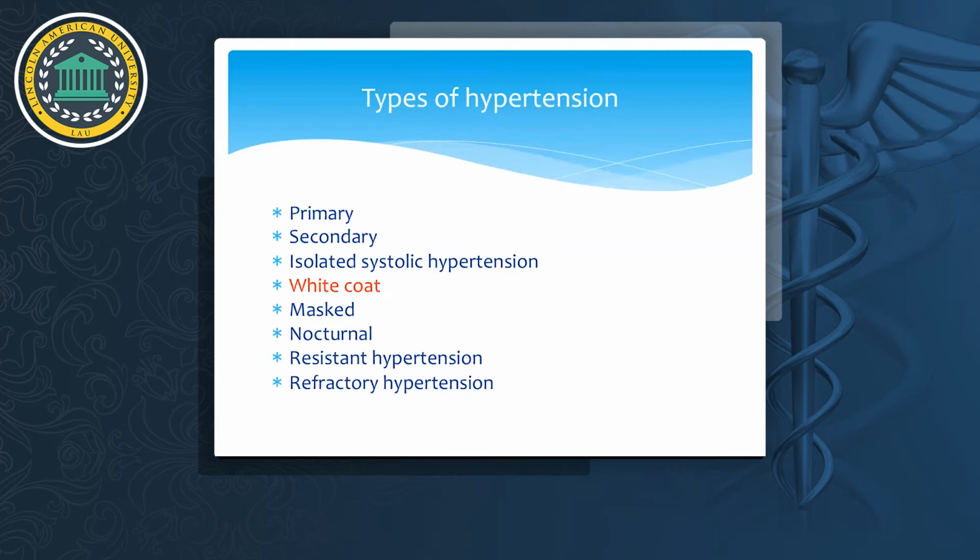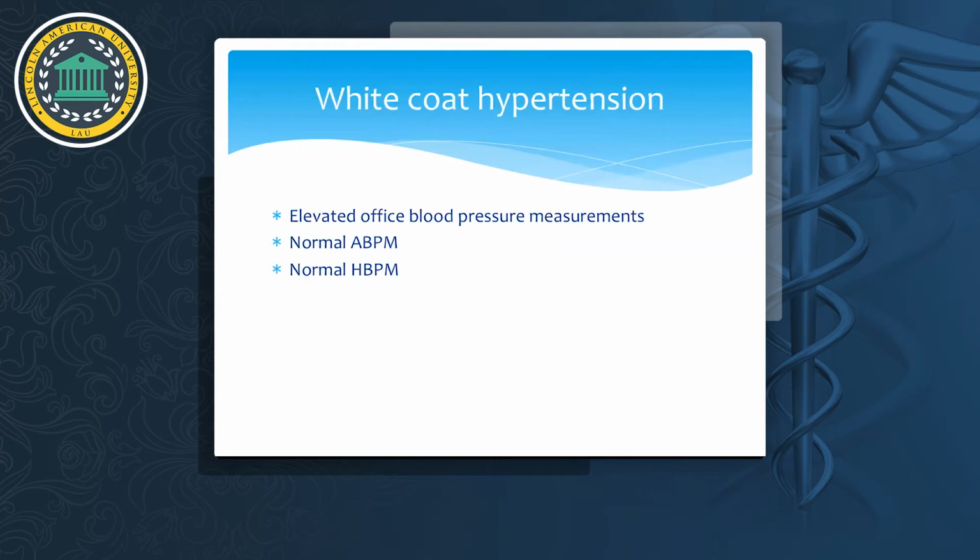Sir, when patients see the doctor, they get nervous. That is the white coat hypertension. Absolutely. I think you are right. You have the right answer. So white coat hypertension is elevated blood pressure measurements in the clinic and normal ambulatory blood pressure measurements or normal home